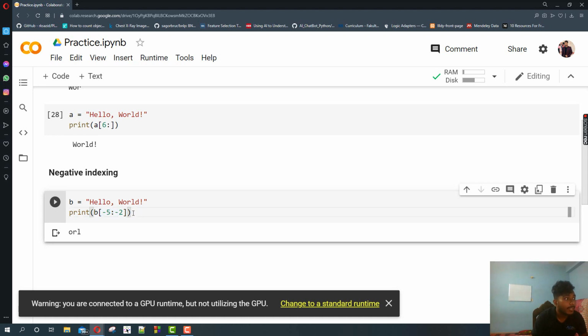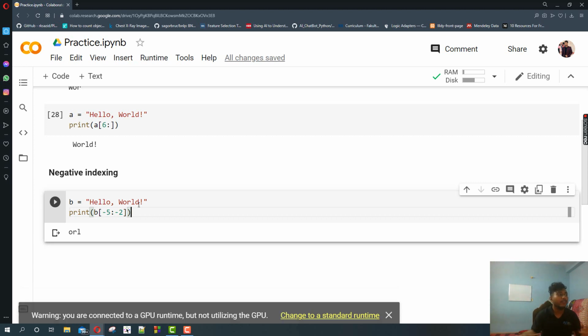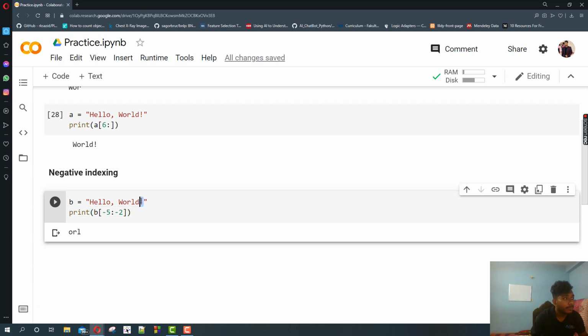Now where is -5 and where is -2? We have to count from the last. This last symbol is -1. Whenever you are using negative indexes, it does not start from 0, it starts from -1. So this will be -1, this D will be -2, this L will be -3, R will be -4, and O will be -5.